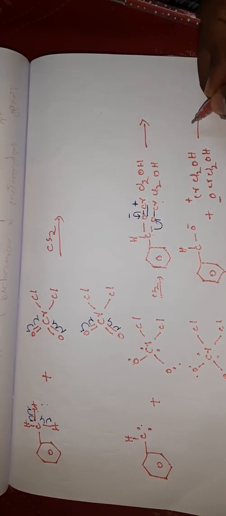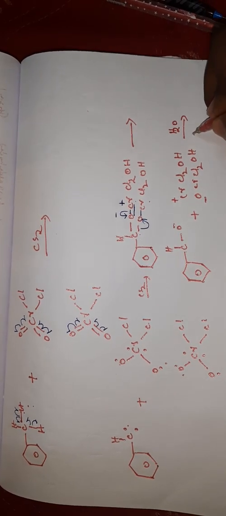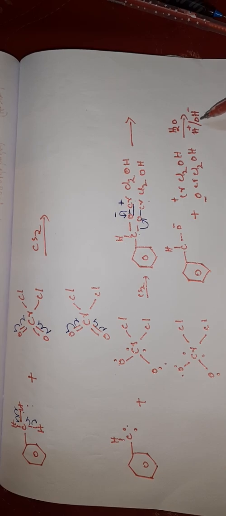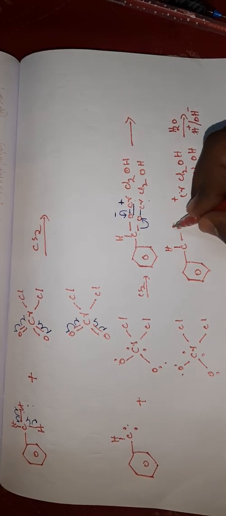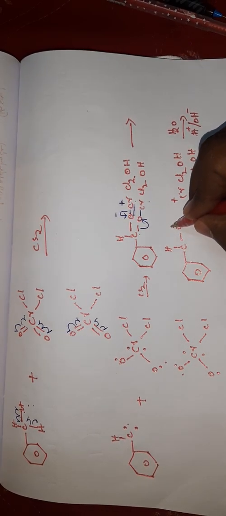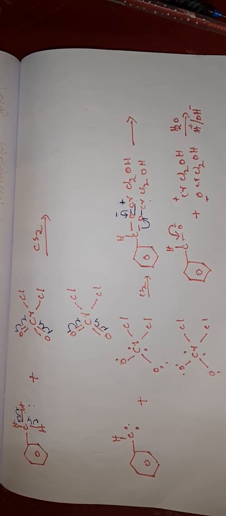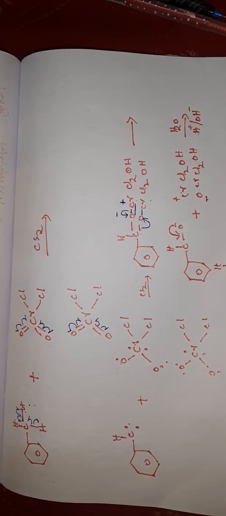If this undergoes hydrolysis, that is H2O, it releases H plus and OH minus ions. The H plus comes here and the OH minus comes here, and this negatively charged oxygen bond shifts towards here and becomes a double bond between carbon and oxygen. Benzene, carbon with hydrogen, double bonded O,